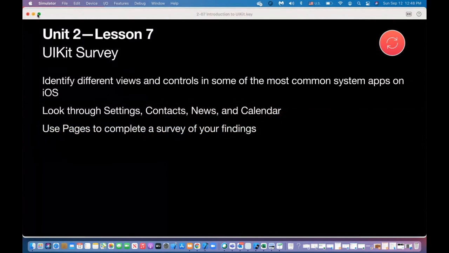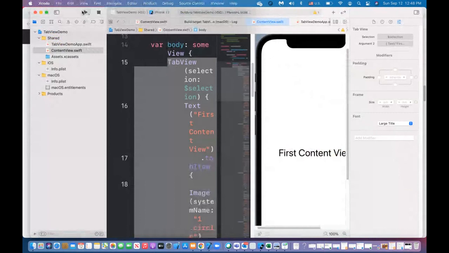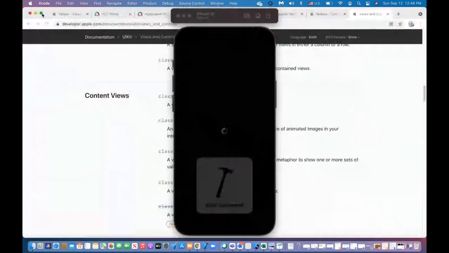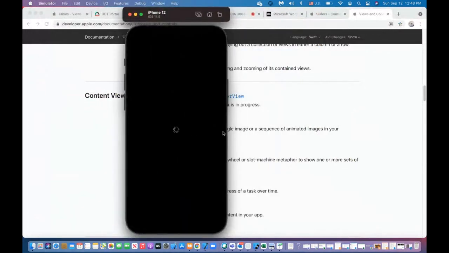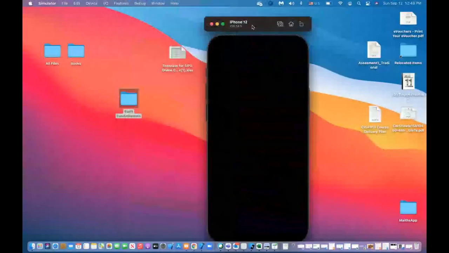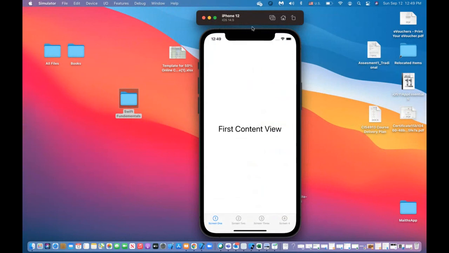Yeah, it doesn't want to show me the simulator, but let's see if it will. Anyway, let's run the app so it will show us a simulator. So here is my simulator. You can do that on your phone as well if you want, but this is an easy way, right? So if I close this simulator,